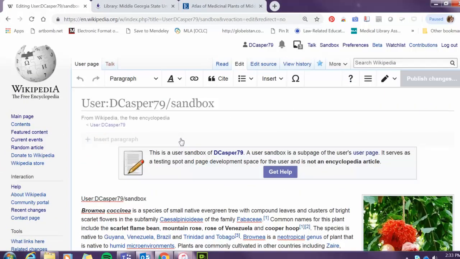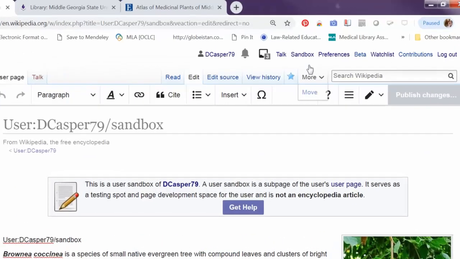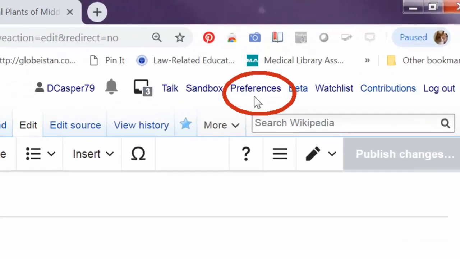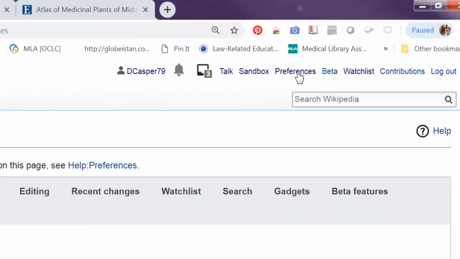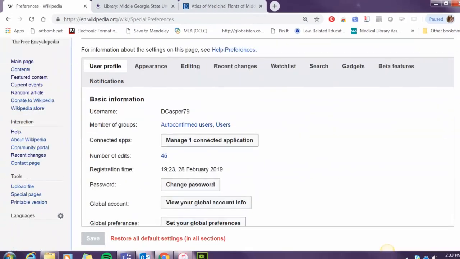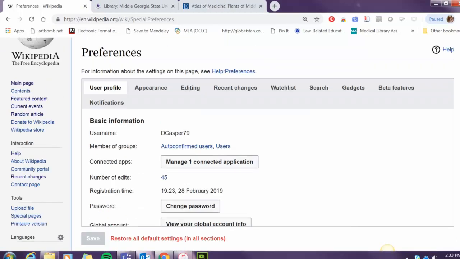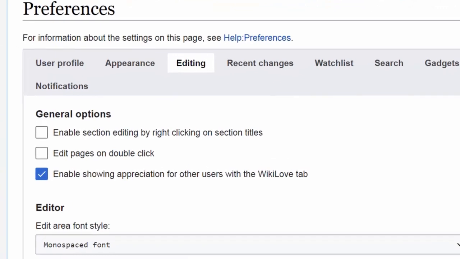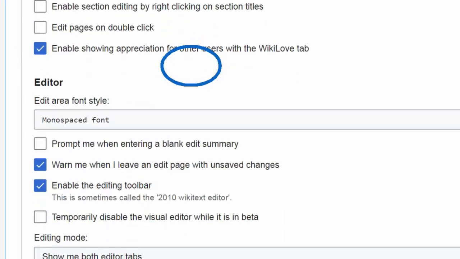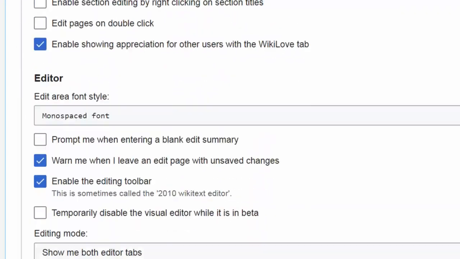One of the first things you might want to do is set up your editing preferences. When you look up at the top here, you'll notice this little preferences tab. If you select this, you can change your editing preferences by going to editing here. We're not going to change any of these general options.